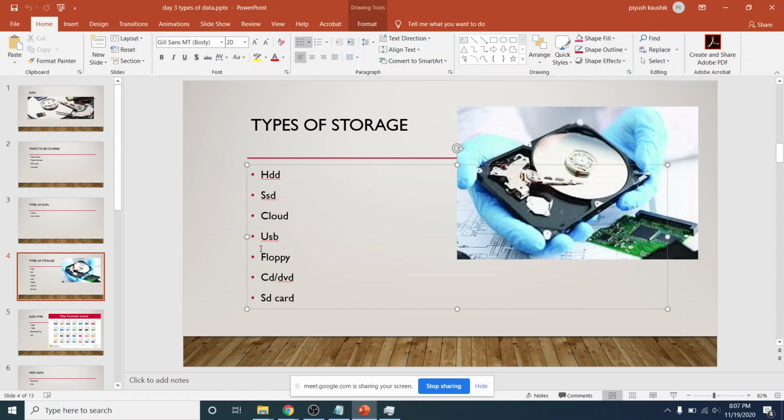Okay. So then there is USB, the small storage, like USB sticks you will be having at your home. Then there is floppy disk, the, you can say,